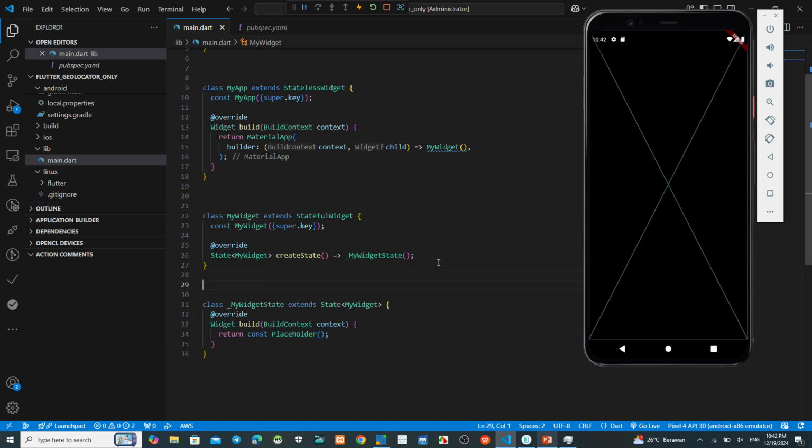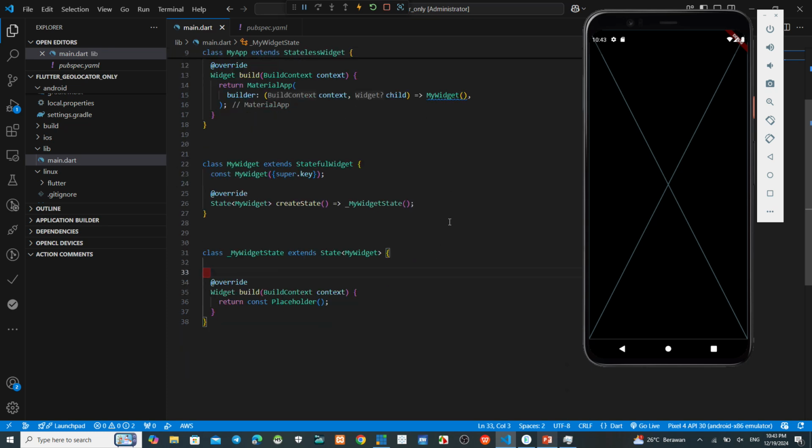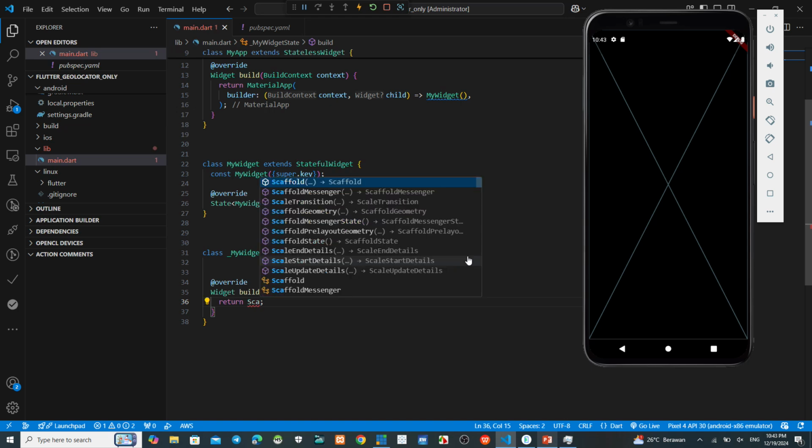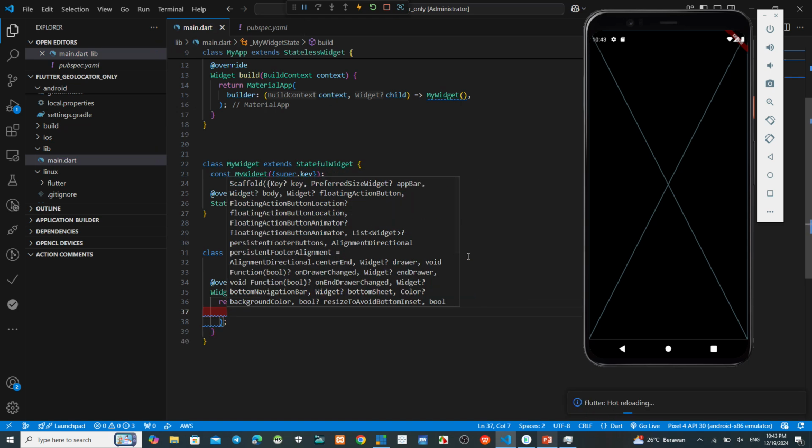Okay. Now we can continue this. We'll make this scaffold.